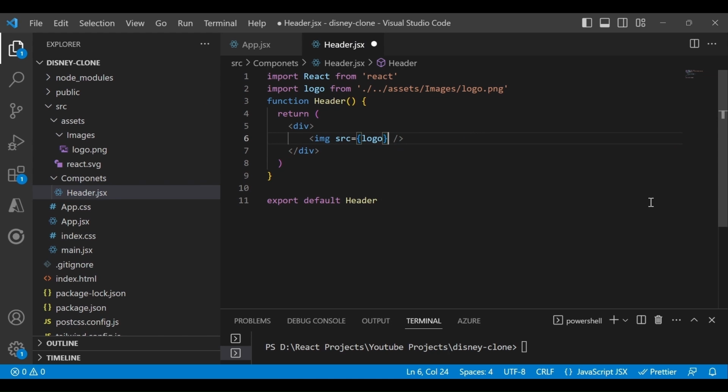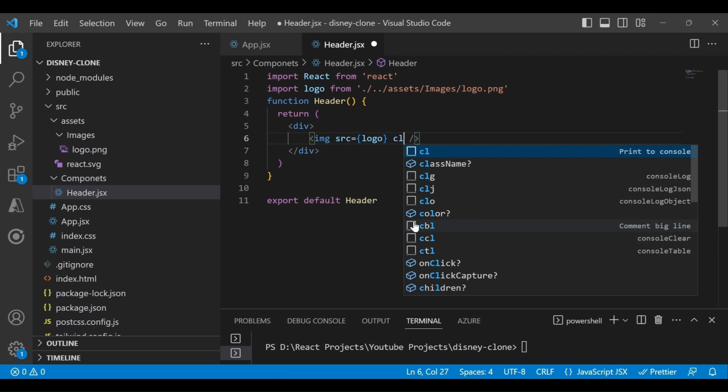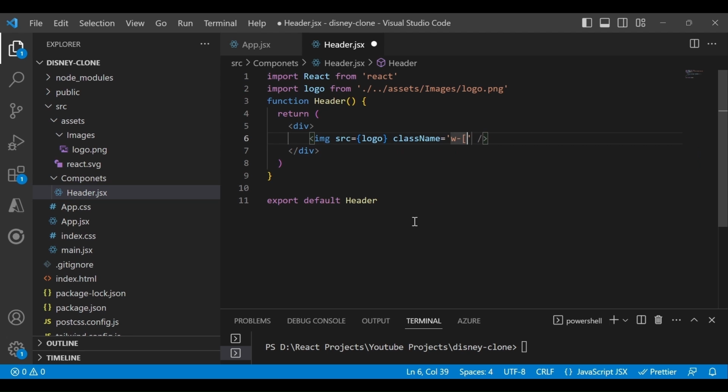Also give some style. We have to give some width and height. So in className you can give width. If you want to give a custom width to any tag, you can write in square brackets. That's how Tailwind is quite helpful.